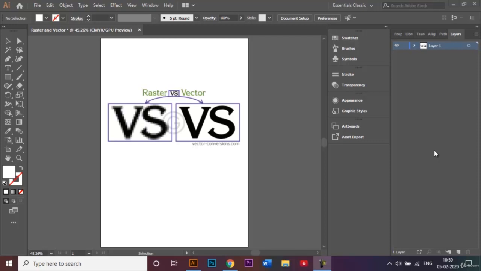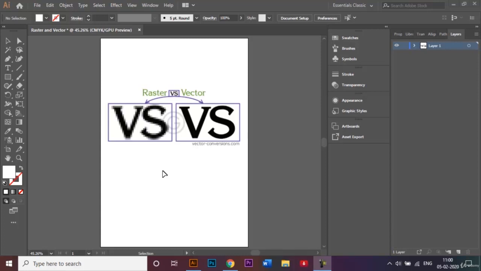In this video, I will be covering the difference between a raster image and a vector image. Before I begin, when you are working with graphics, there will be times when you use photos to make your illustrations, right? Sometimes when you enlarge a particular photo, it gets pixelated and looks something like this over here, right? And it doesn't look good when you enlarge it because there's a loss